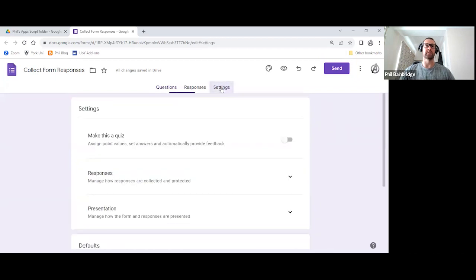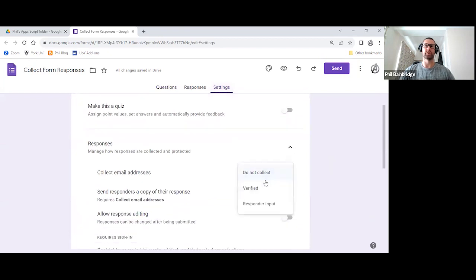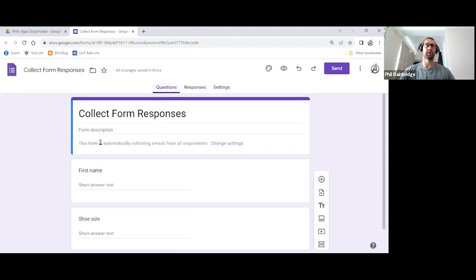So if you go to settings, responses, and just make sure email address is collected automatically. So if I go back to the form here, I can tell them there. So basically we will have 3 pieces of data to be able to work with.